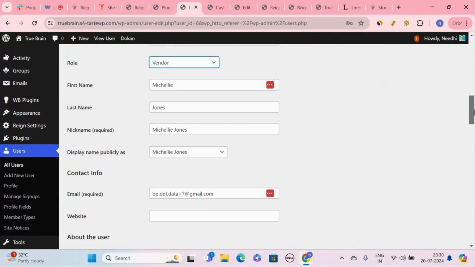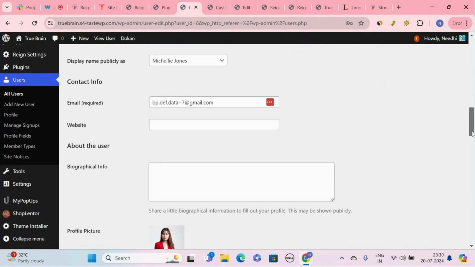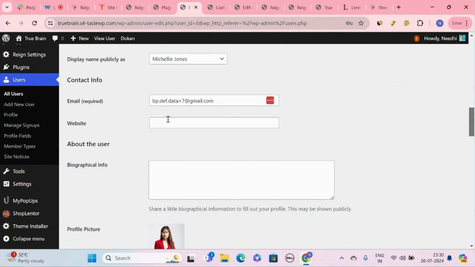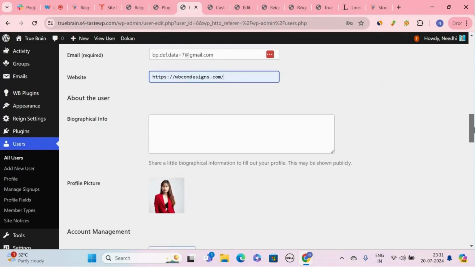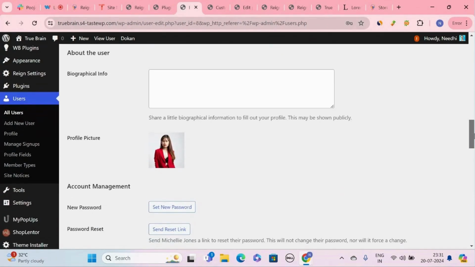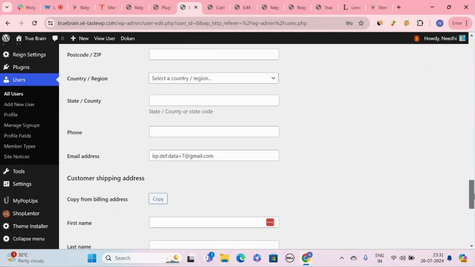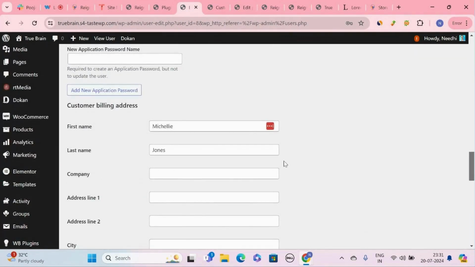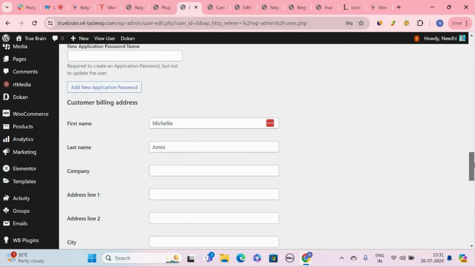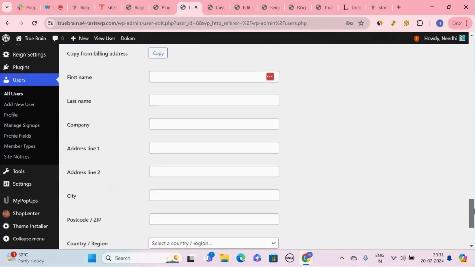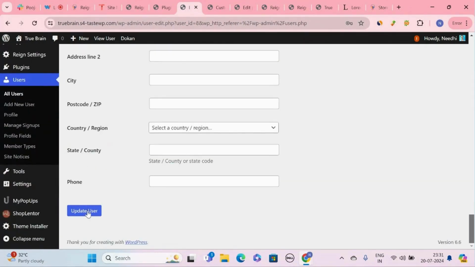Like name, first name, last name, how you want to display the name, email, website link, address, and update the user.